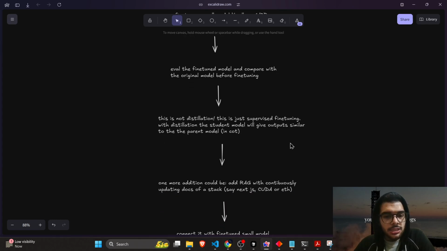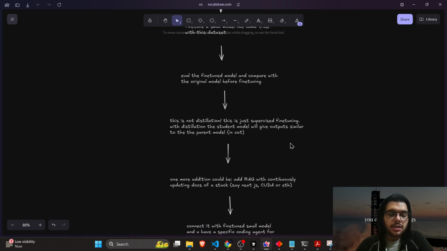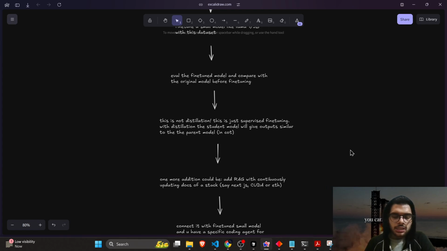Now this is not distillation, this is just supervised fine tuning. With distillation, the student model will give outputs similar to the parent model in chain of thought, so that's different. After distillation, the output structure for both models would be the same. If you use a parent model with a chain of thought output structure, you will get a similar output structure in the student model as well.